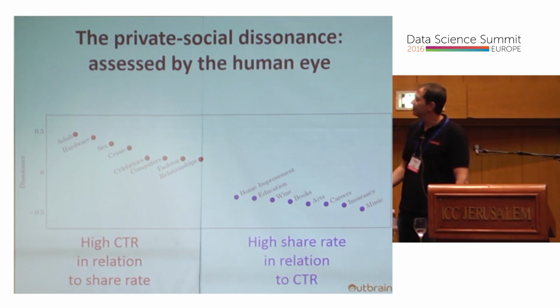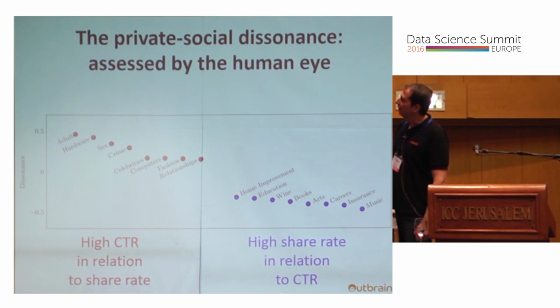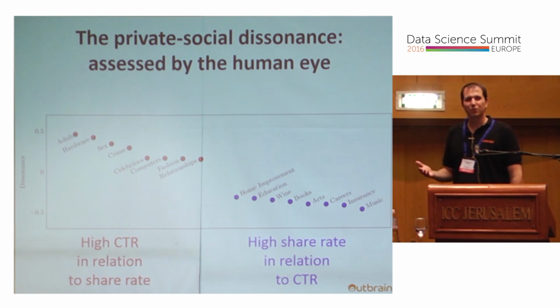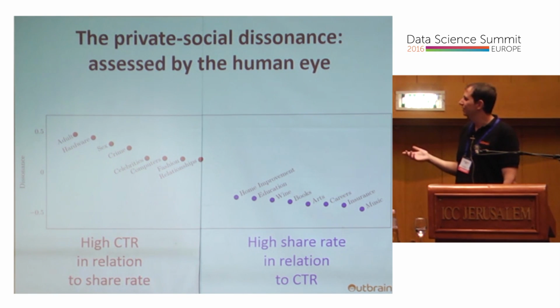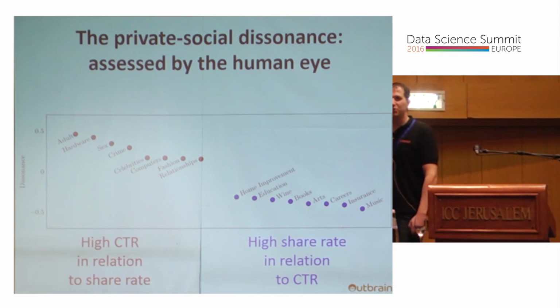And to our surprise, to the human eye, it's very clear what's going on there, right? What do people read but don't like to share with their 1,000 closest friends? Content about adults and sex and crimes and celebrities and fashion and relationships. So that's not very surprising, but once you see it crunched based on 1.8 billion data points, that makes something very clear. And if you see what people like to brag about that they're reading, then you see that it's music and careers and arts and books and wine, of course, and education.